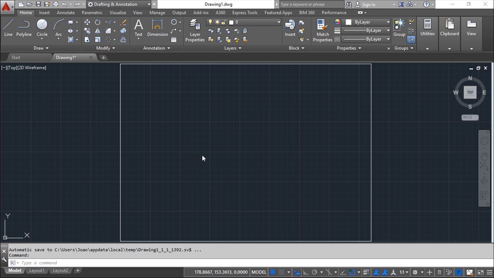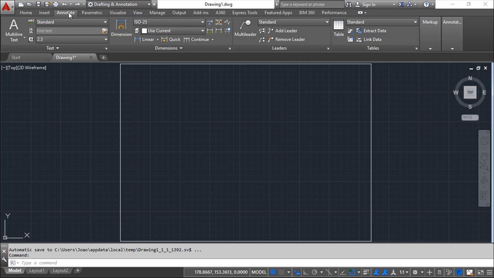Hello, we are here for one more lesson of this AutoCAD 2016 training course, and the topic for today will be how to add a node with the leader. This is a topic also very easy to explain because inside the Annotate menu, and besides all the other possibilities we've already seen to add dimensions and graphical entities to complement your drawing,